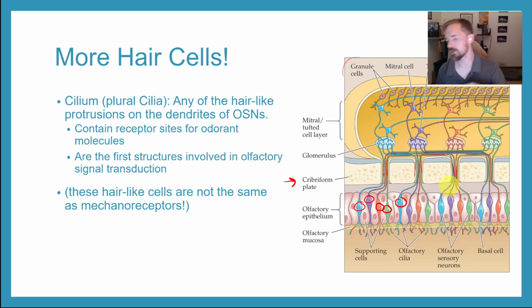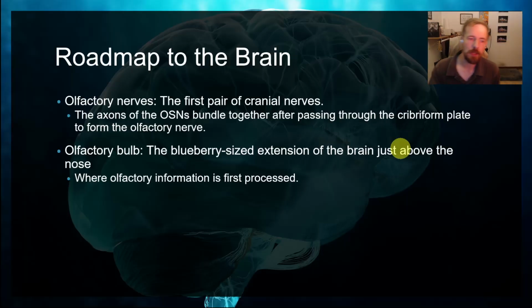So the olfactory nerve is very similar to the auditory nerve, very similar to the optic nerve, in the sense that they go from our primary sensory organ straight to the brain. That's not a very long trip, as you can see here. It goes basically straight through this cribriform plate, and that's pretty much it. From there, the olfactory bulb is going to further interpret these signals and then communicate that to the brain.